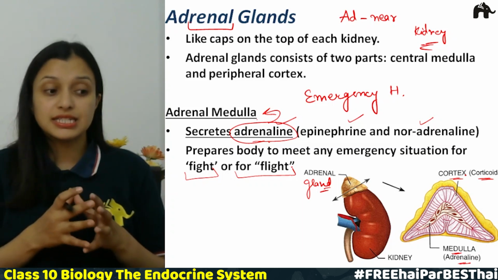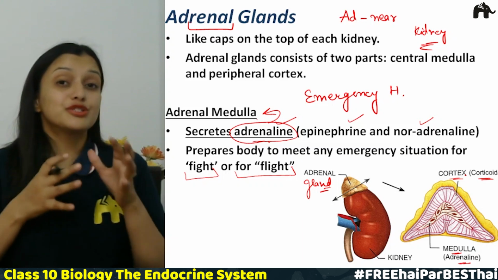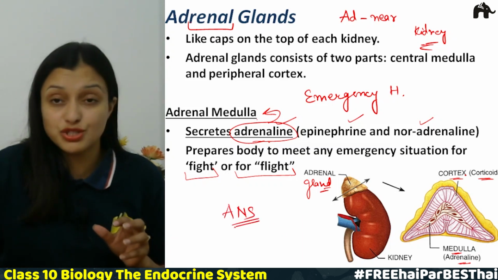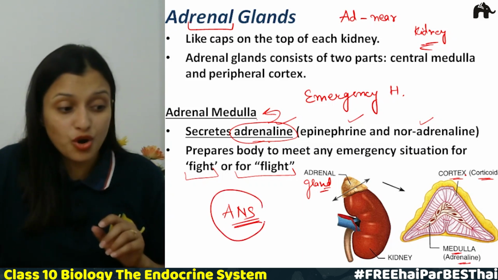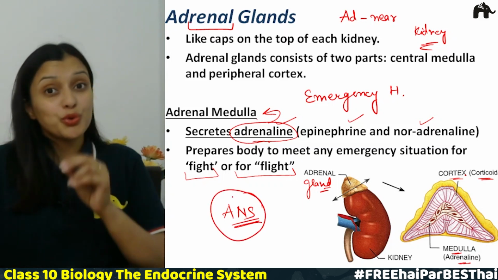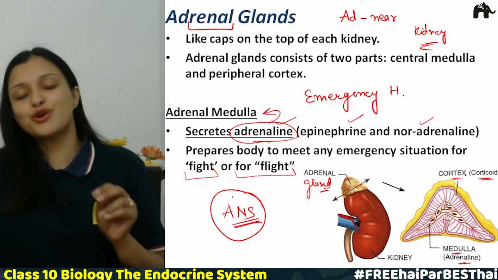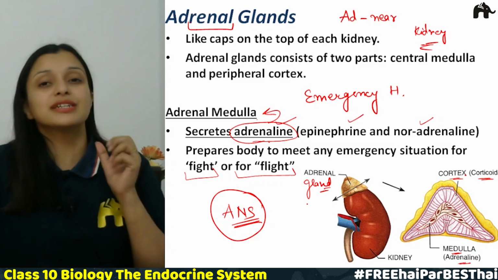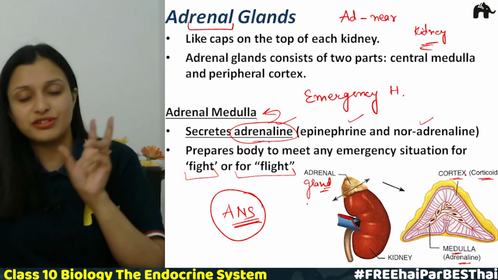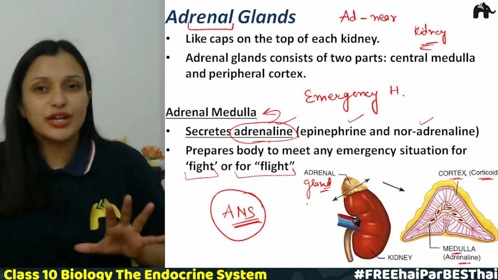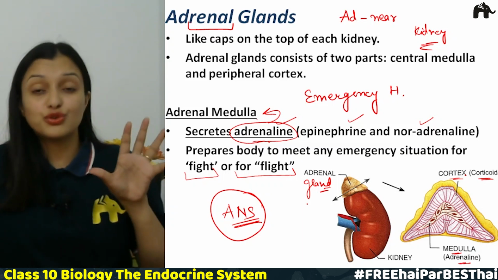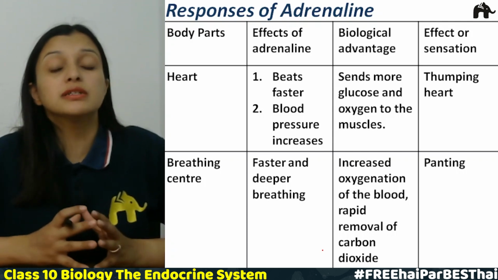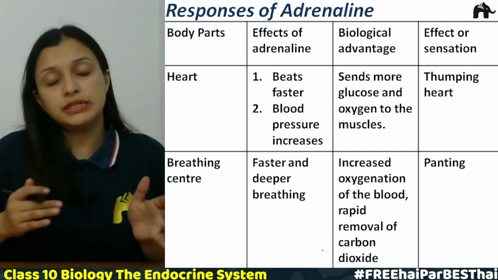Okay, so in this case you just recall the nervous system also. So that autonomic nervous system is very much in effect, right? So this autonomic nervous system is regulated by whom? This small part of our adrenal gland, that is adrenal medulla, because it secretes adrenaline hormone, right? So let us look into the details of the functions or the role of this hormone in our body. Now the responses of this adrenal hormone on our different body parts.